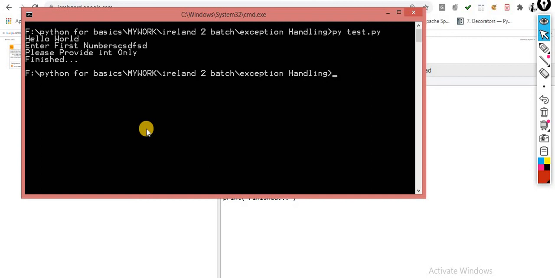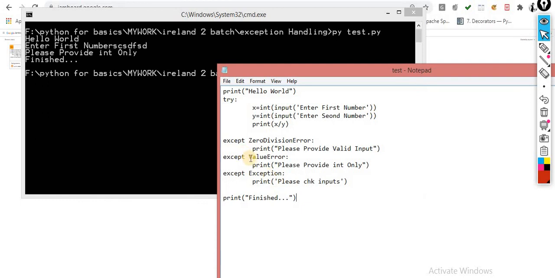Please provide int only, because this error is the value error that is caught by this catcher. It does not catch the zero division error, it catches the value error, because here the error which is generated is the value error. If this one is executed, it won't execute this one. If this value error is executed, it won't execute this one.